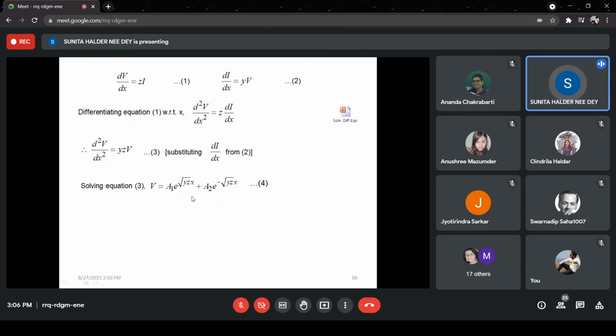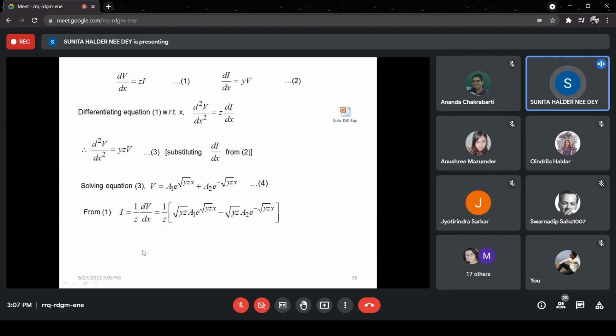What is this expression? Here we have not used any time varying quantity. We are using KCL and KVL for the normal circuit. That means this V is the RMS value of the voltage at a distance x from the receiving end. That means voltage is changing exponentially from receiving end to sending end, and it has two components. One is gradually increasing, another is gradually decreasing.